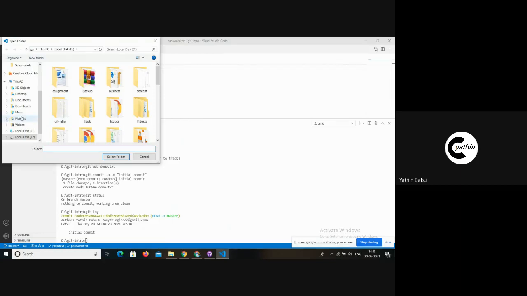Right now I'm going to clone the remote repository to my local machine, so that I have access to all the code present in the remote repository.